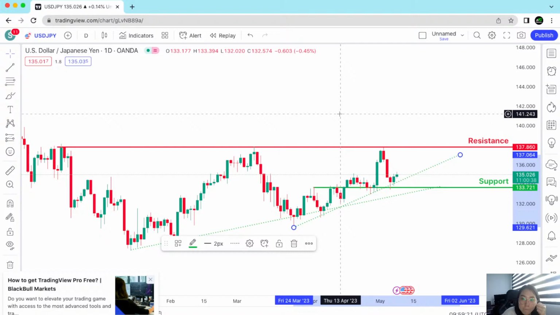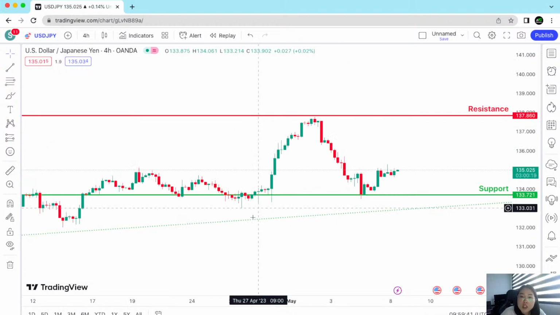Let's go down to the 4 hours time frame to see what information we can collect. Remember, your job as a trader is to collect information. From the information that you have collected, you'll have to make an informed decision whether you think price is going up or down. That's it. That's your only job as a trader: collect information, make a decision.